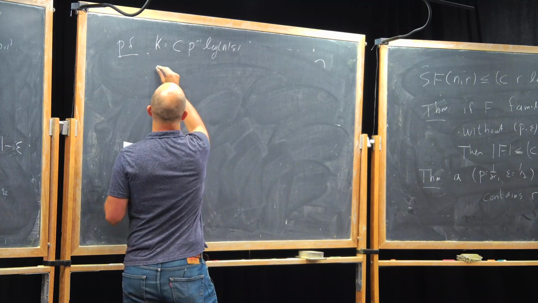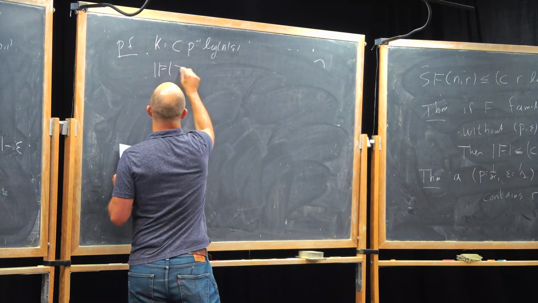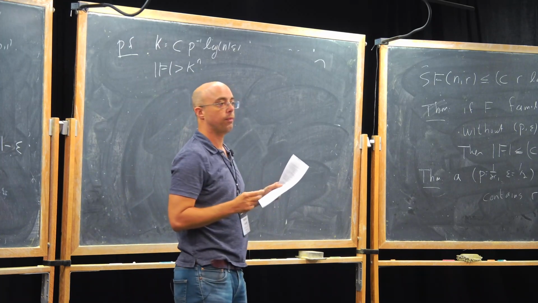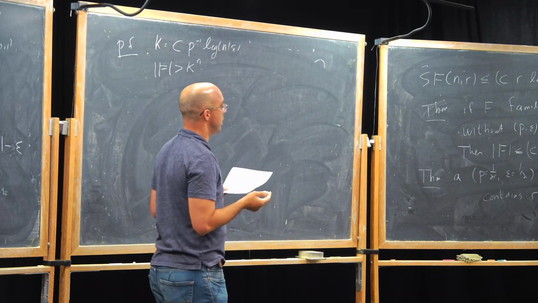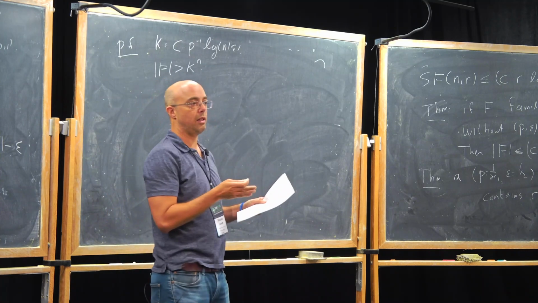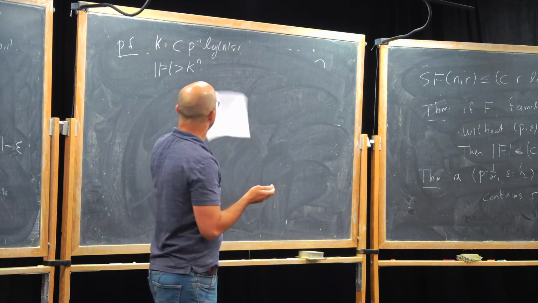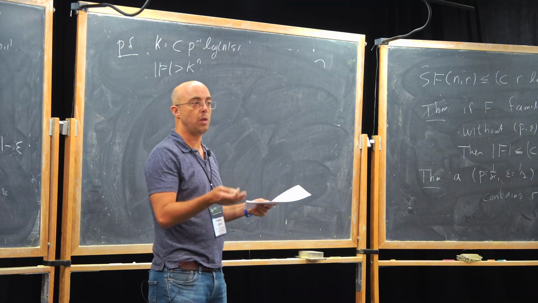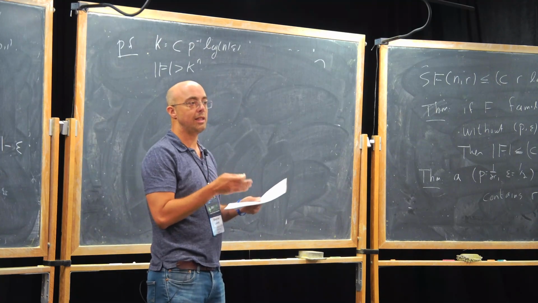So we're assuming that the size of F is at least k to the n, and I want to prove that this contains a robust sunflower. The first step is we're going to move to a link that's going to be k-spread. Originally, we don't know that the family is k-spread. We just know it's large enough. So the first move is, let's move to a link, and inside this link we can guarantee